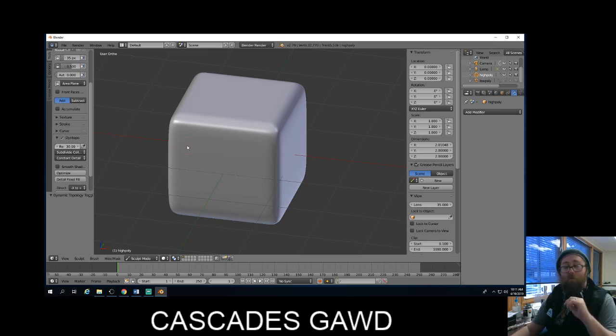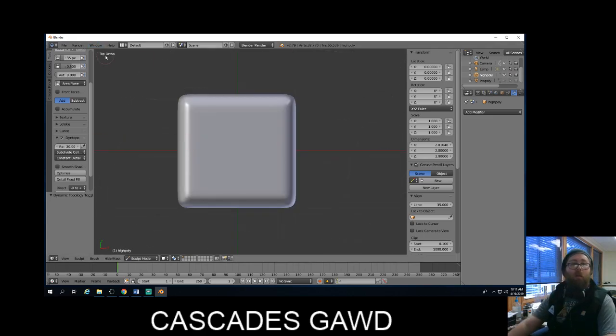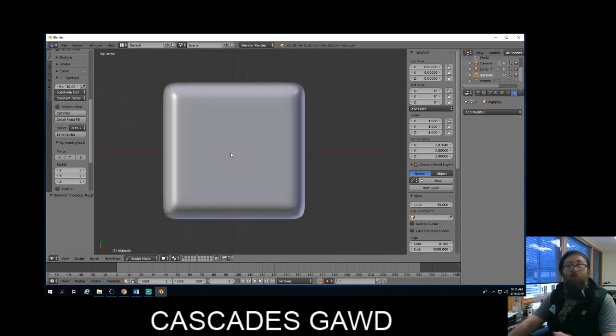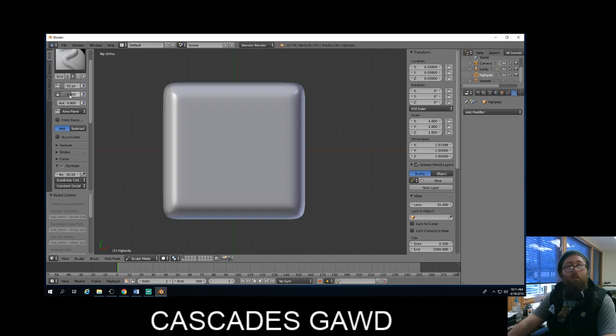And if I use my number pad to go into a top-down perspective, I'm going to put my first dot on this die. So I'm going to press 7 to go top-down, top ortho. I'm going to turn off my symmetry lock because I don't want this to double the power of what I do. Okay, and I have this set to half power. And I'm going to go right in the center here, try to line up my mouse with the axes. And then I'm going to hold control and click